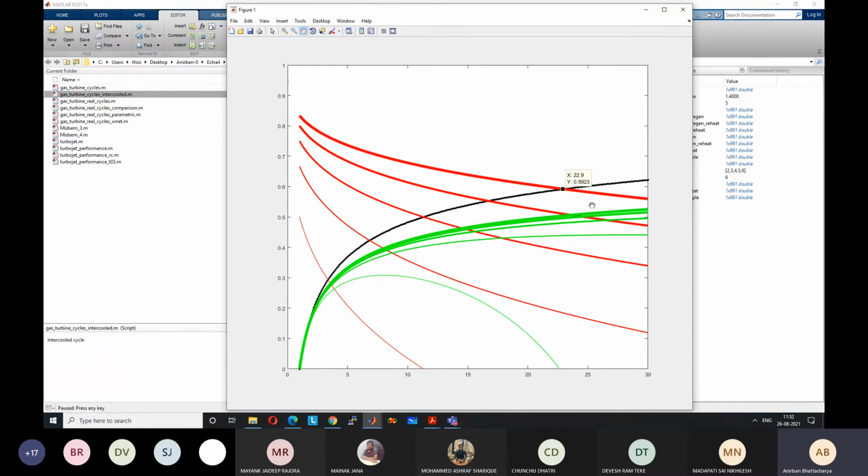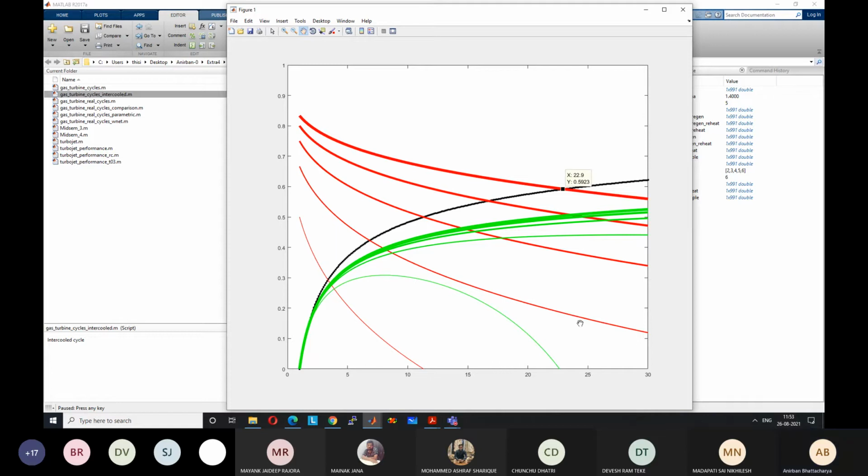It is only because we are not taking into consideration any losses that we are getting this type of high efficiency. Once the losses are taken into account, efficiency will decrease quite a bit, because compressor work input is quite large as compared to steam turbines, where pump work input is negligible. So here compressor work input is large, and any inefficiency in the compressor will lead to a significant increase in the work input and a significant decrease in the efficiency. Anyway, so these are the lines.